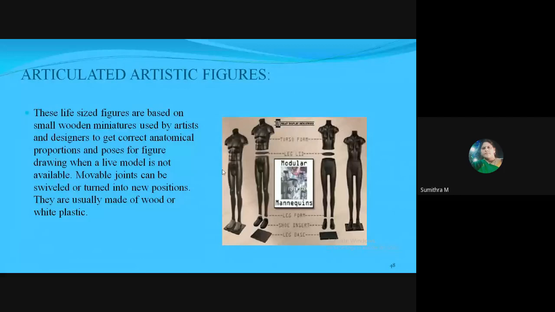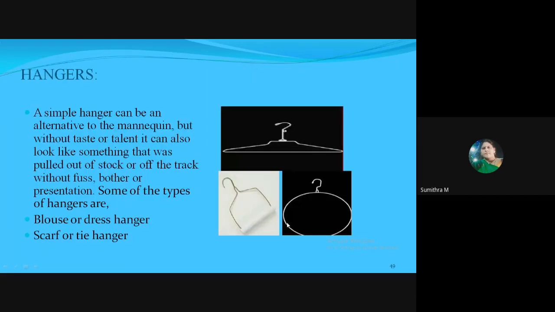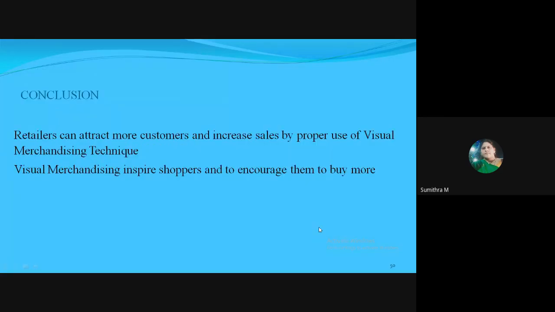Articulated or artist figure: this is a tall mannequin. Just the features will be there. This mannequin can also be used for display. Another option, instead of mannequins and sculpted dummies, is that you can display your garments on hangers. These are the different types of hangers, called blouse hangers, scarf hangers, and tie hangers. And coming to the conclusion,